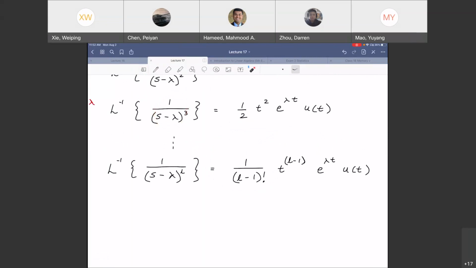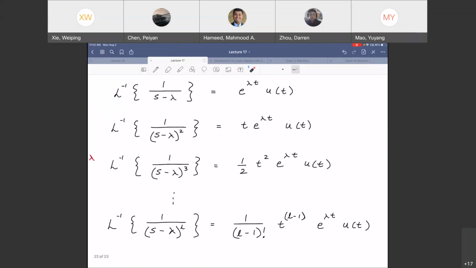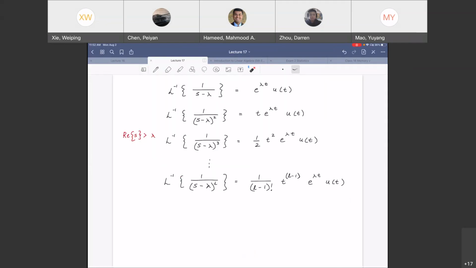All you would have to do is keep differentiating the signal, right? Differentiate here. Whatever is left over, you will bring here, right? And over here you will be left with 1. Over here you will be left with half. Over here you will be left with 1 divided by L minus 1 factorial. So you'll bring it onto the left side, and you get that. Questions here, dealing with repeated roots?